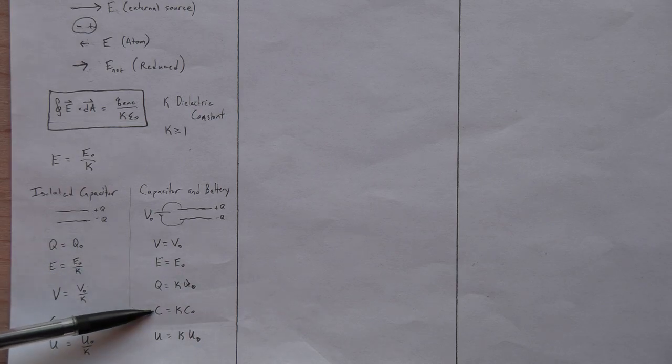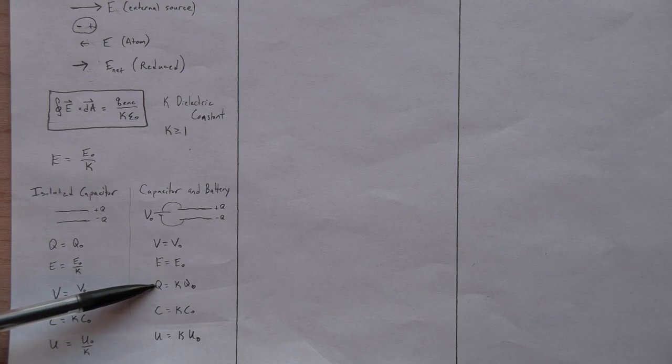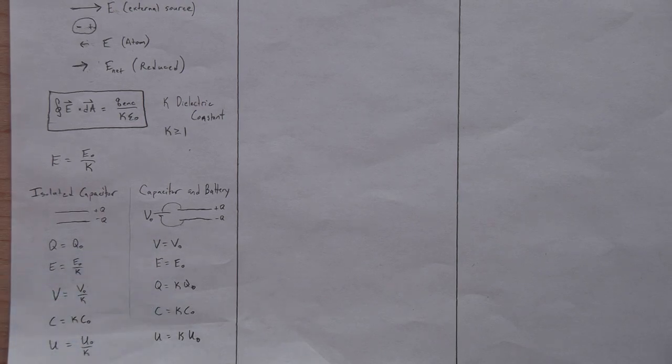But the capacitance still goes up from C equals Q over V, more charge, more capacitance. And the energy increases also from U equals 1/2 Q times V, more charge, more energy. Okay, so that's what happens. And that energy comes from the battery. So that is